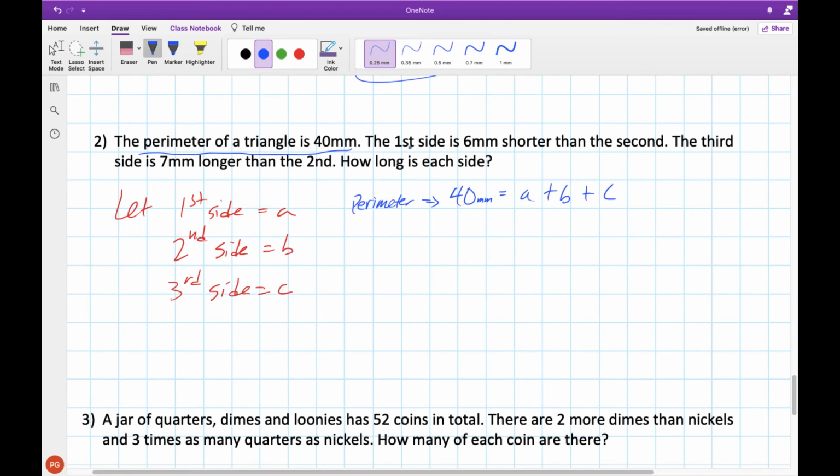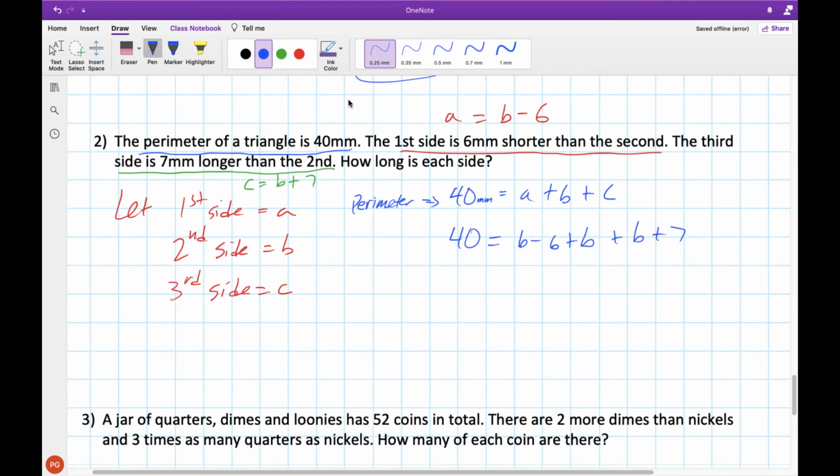So for this one here, our first side is 6 millimeters shorter than the second. So that tells us our first side, A, is equal to our second side minus 6. And our third side is 7 millimeters longer than the second, so our third side is equal to the second side plus 7 more millimeters. Now we can use these and write this whole equation just in terms of our second side, B. A is B minus 6 plus B